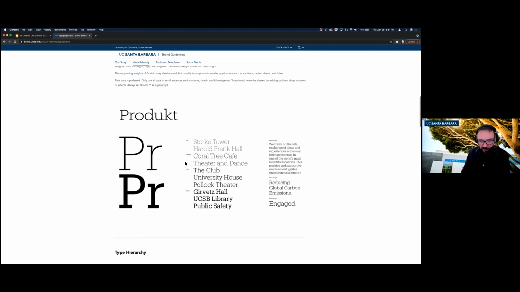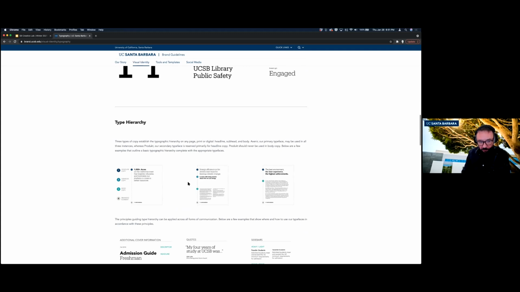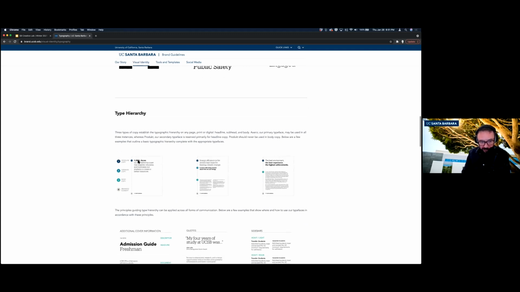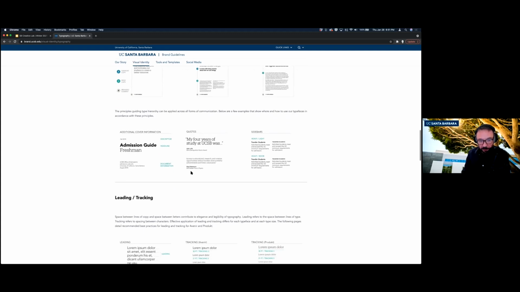And this is a nice typeface. As I said, it's a secondary typeface, so we don't really use it all that often. We use it for display mostly. So you would see that in a big heading or maybe a pull quote or something like that. And you'll see some examples as we go through here. Headline copy in Avenir, subhead copy in Product, or reversed, headline in Product, subhead in Avenir. So these are nice little examples. And you'll see these examples much bigger when you download the PDF. So that's why I highly recommend you download that PDF.